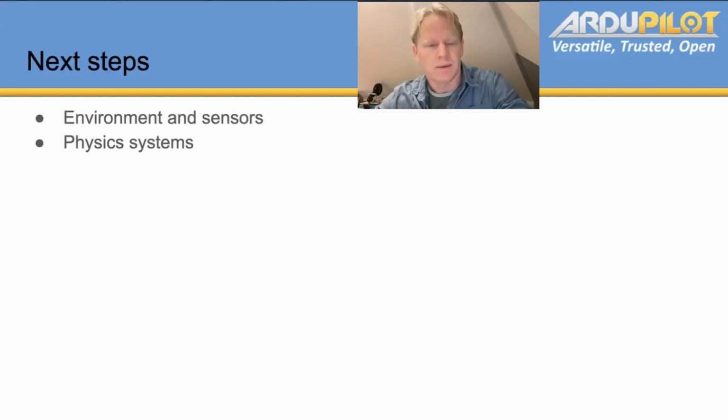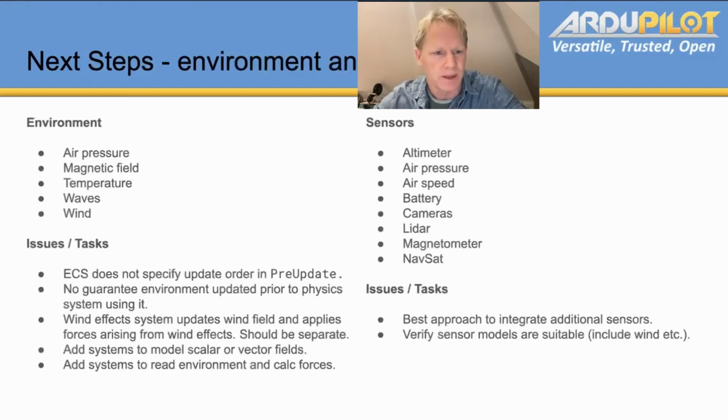Okay, so there's a bit of an intermediate next steps here before moving on to some model examples. This is a quite extensive wish list of things that would be nice to have, and lays out a potential program forward. There are quite a few sensors available now in the standard Gazebo simulation package: altimeters, air pressure, airspeed, batteries, many cameras,